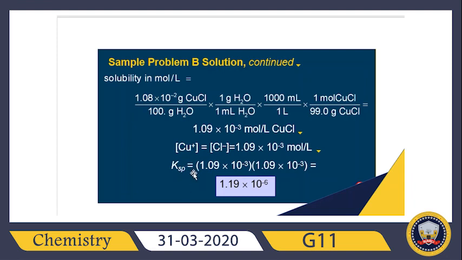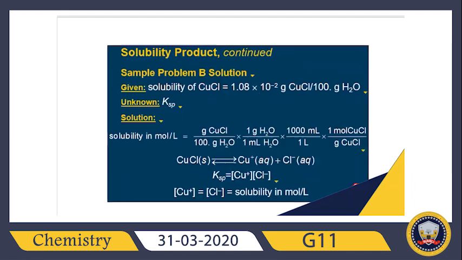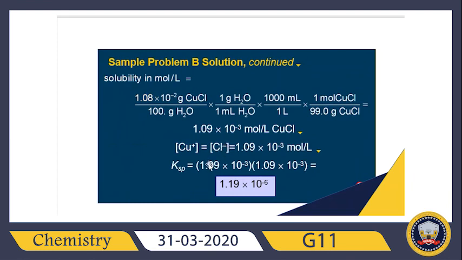So Ksp is equal to what? Concentration of copper raised to its coefficient, which according to the balanced equation is 1 for both copper and chloride. Okay, so it will be concentration of copper multiplied by concentration of chloride, since the coefficient is equal to 1, and the final answer will be 1.19 times 10 to negative 6. Okay,